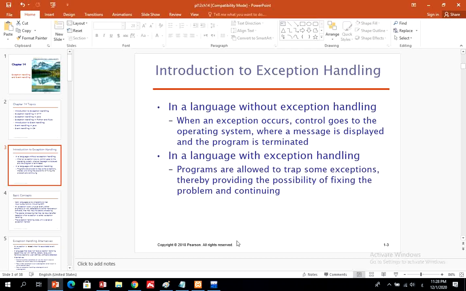So these errors need to be handled or treated in a way that doesn't affect the running environment of the program, whether during compilation or during execution or runtime. In a language without exception handling, when an error occurs, the control always goes to the operating system, whether DOS, Windows or Apple, and a message is displayed,